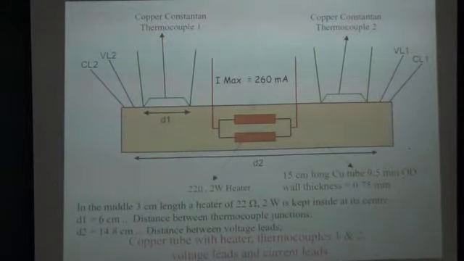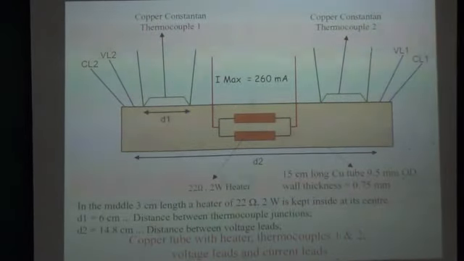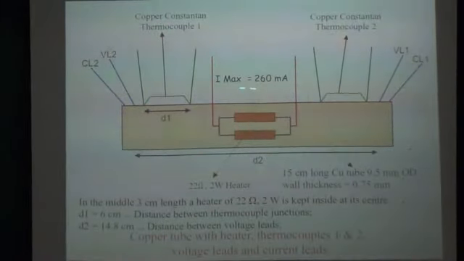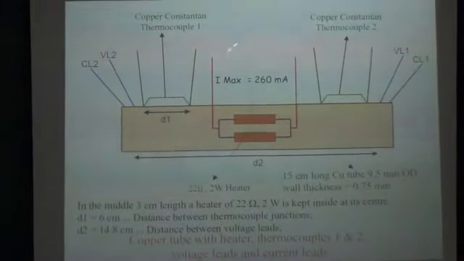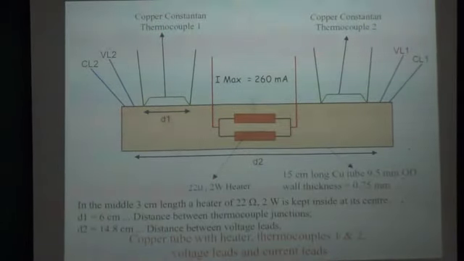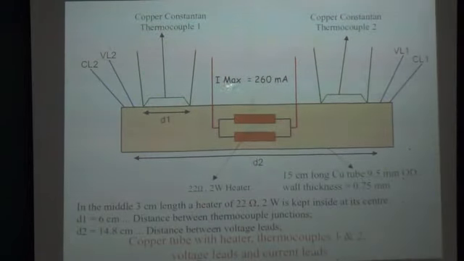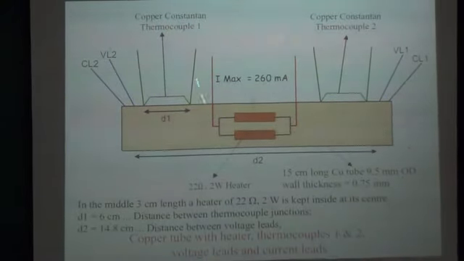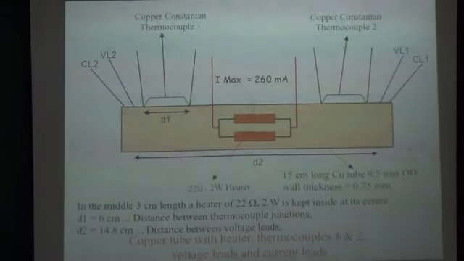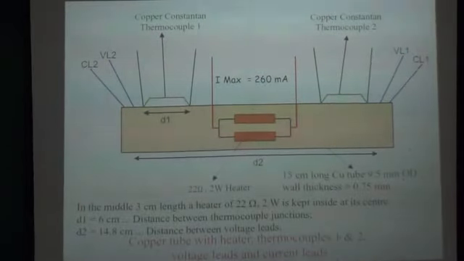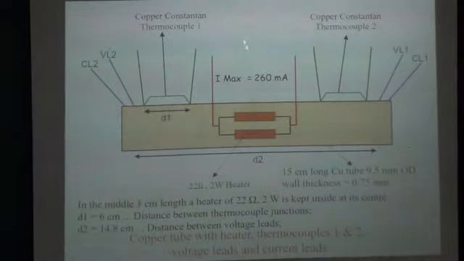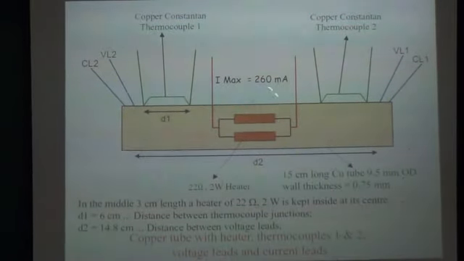So all these things are done, and we pack it inside a box, and from outside what you will see? You will see 2 connections for the current, 2 for the thermocouple, this one, and 2 for this thermocouple, 2 for the voltage leads, and 2 for the current leads. So in total, on the front panel of the equipment that I will show you after this, you are going to see 1, 2, 3, 4, 5, 6, 7, 8 terminals. 2 for voltage, 2 for current. They are used for electrical conductivity measurement. For thermal conductivity measurements, only the thermocouple and the heater will be used.